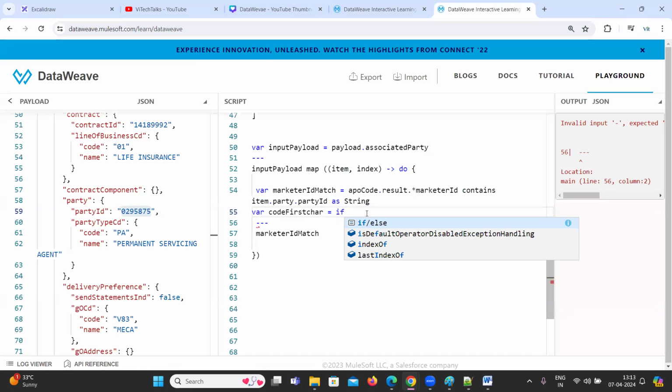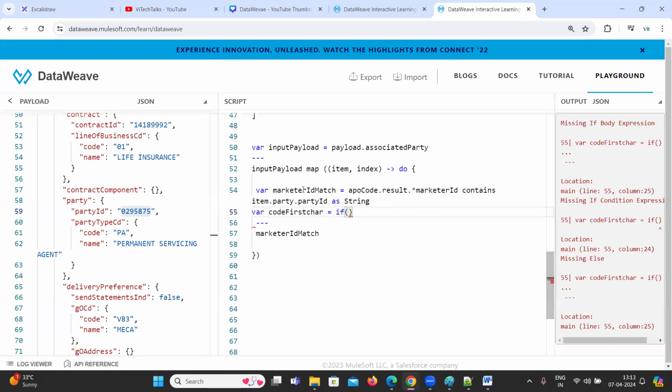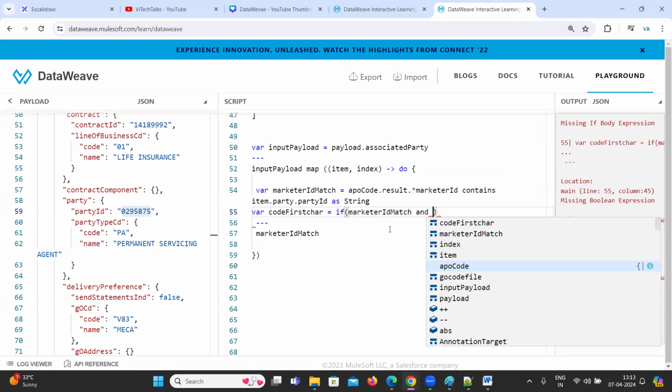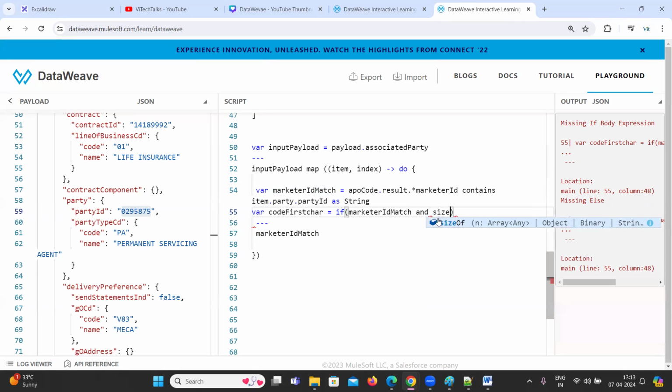Now here I'm going to use if condition, whatever the matched value. Take this one. If marketer ID match and size of